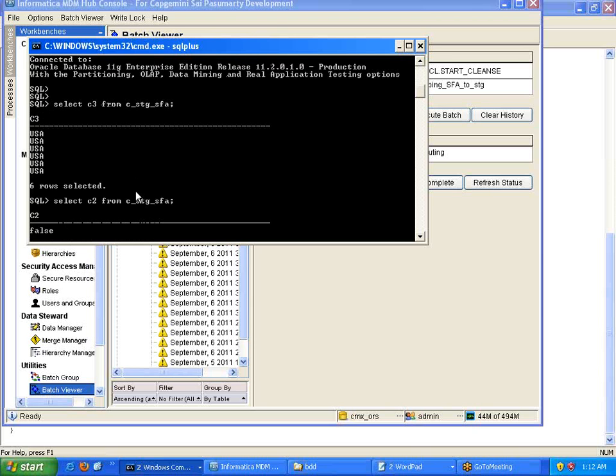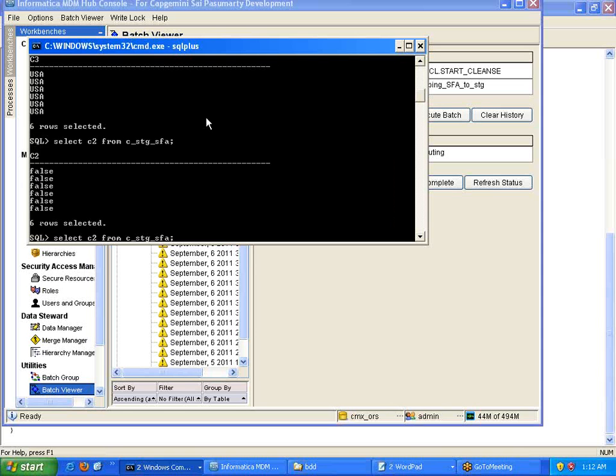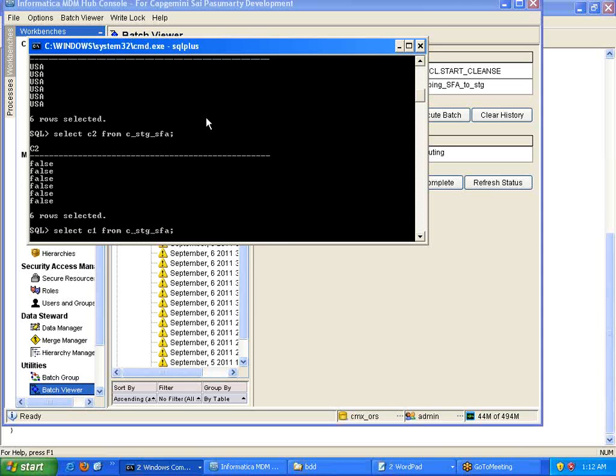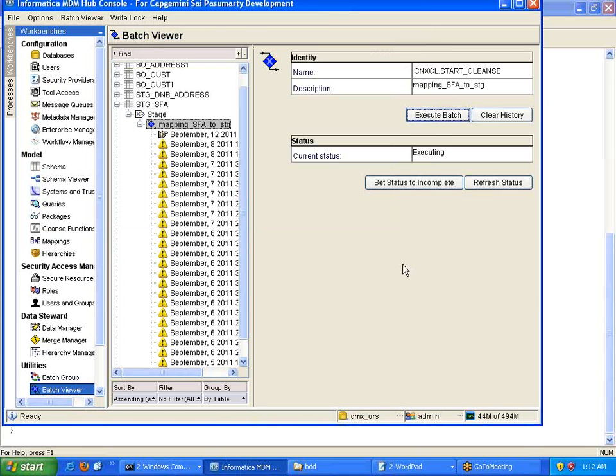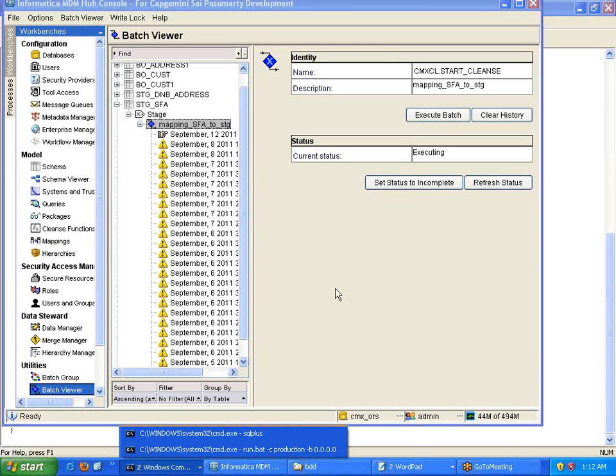Here also it is converted, C2 or C1, whatever. So it should be converted to lowercase. And the other is what? Empty, because the dates that were supplied are all fine, but the job is still going on. So after the completion of that, you will see the output. So that is what will happen with this integration.